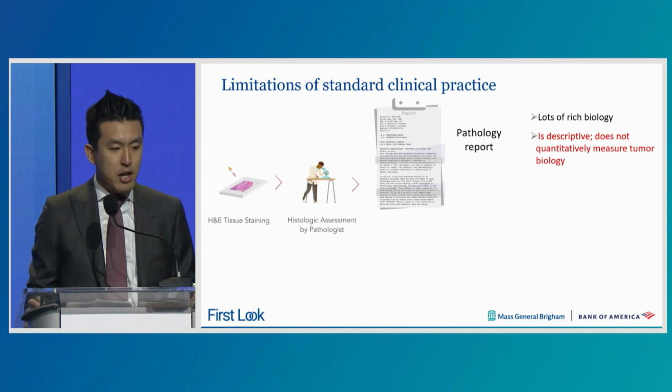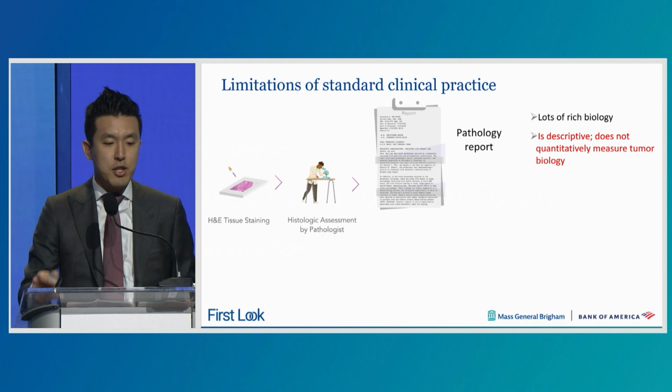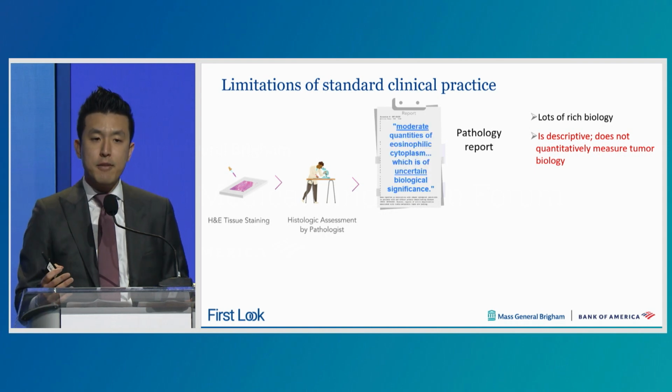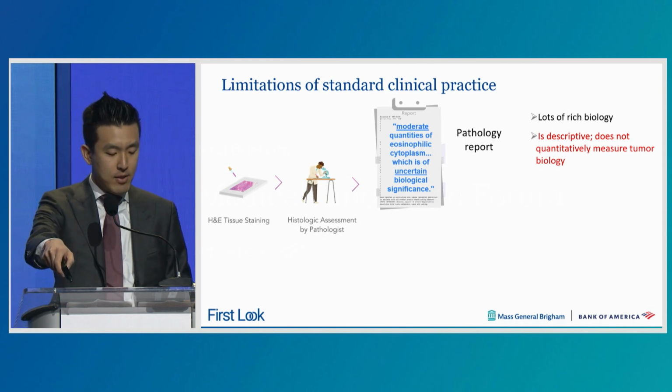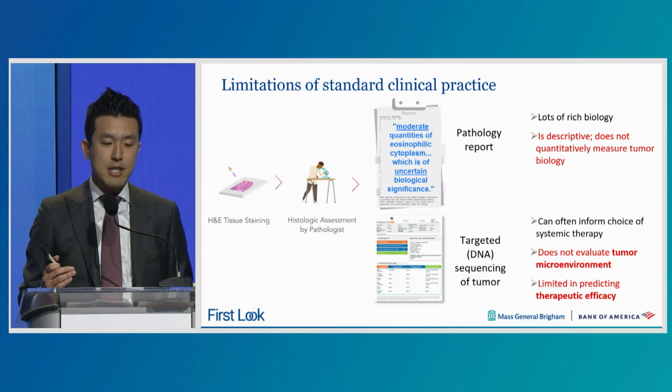So how is tumor biology evaluated today? So a pathologist looks at an H&E slide, renders an interpretation, and as you can see, it's largely descriptive. And so it's hard to make individualized treatment decisions for patients based off of these qualitative descriptions. There's also targeted sequencing of tumors, which can inform the choice of systemic therapy, but does so without evaluating for